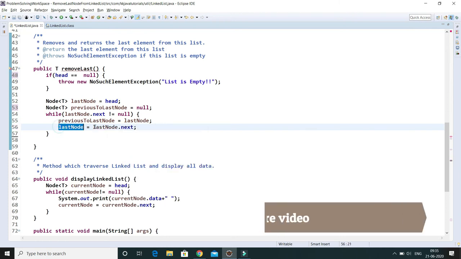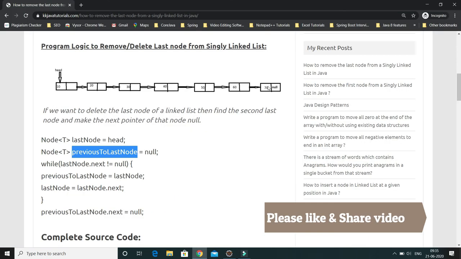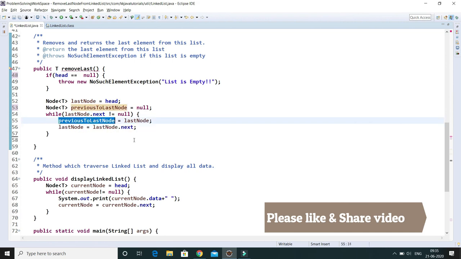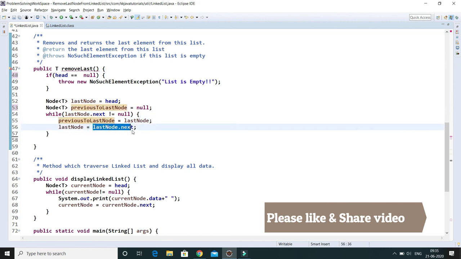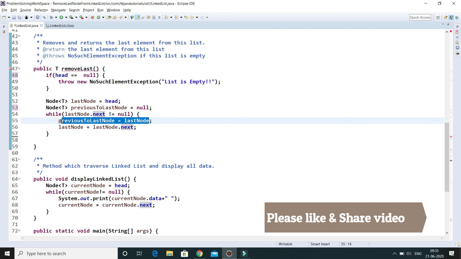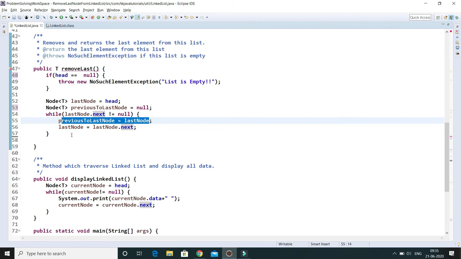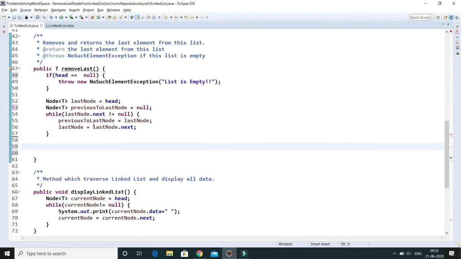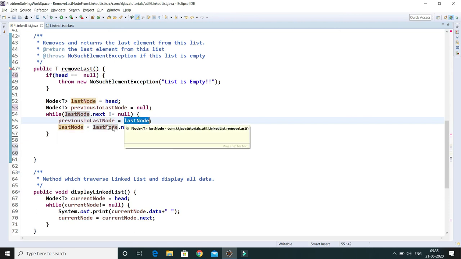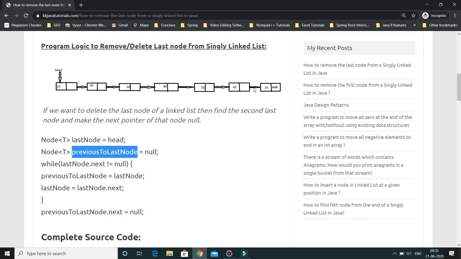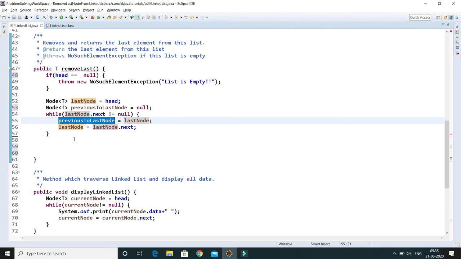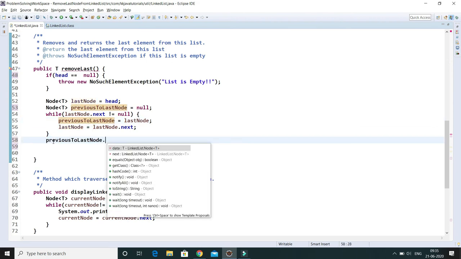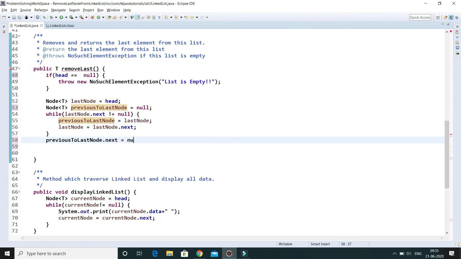So once this call goes to the end of the loop, right, then the previous node, this 160, will be saved into this variable, right? So this call has to happen just after this, right? And now once we come out from the loop, I know that in this variable we have saved the second last node, right? So in this variable dot next, this reference we have to nullify. That's it. So I'll do previous.next equals null, and that's it.